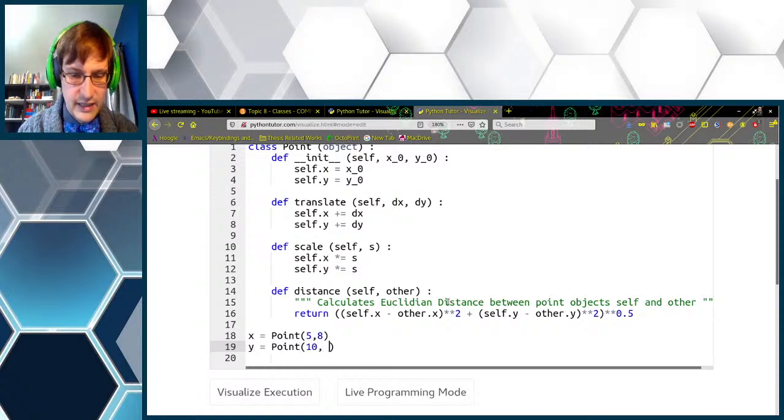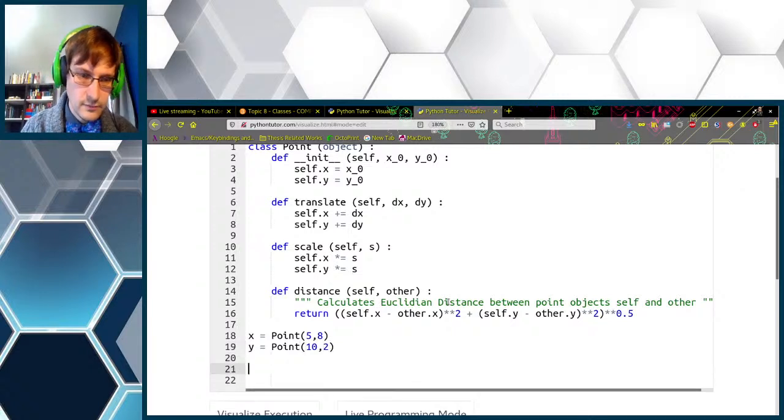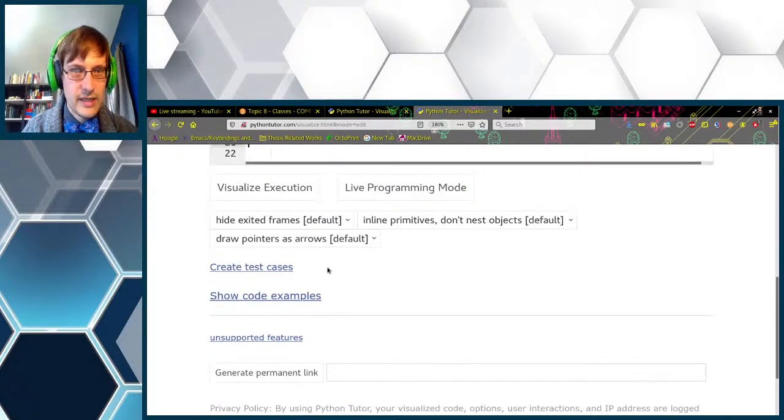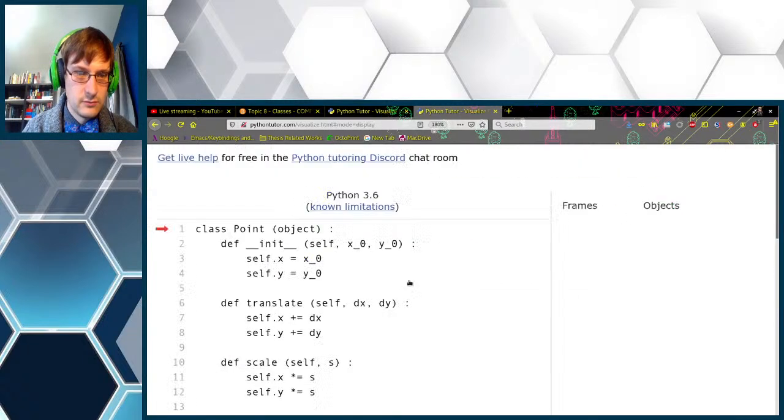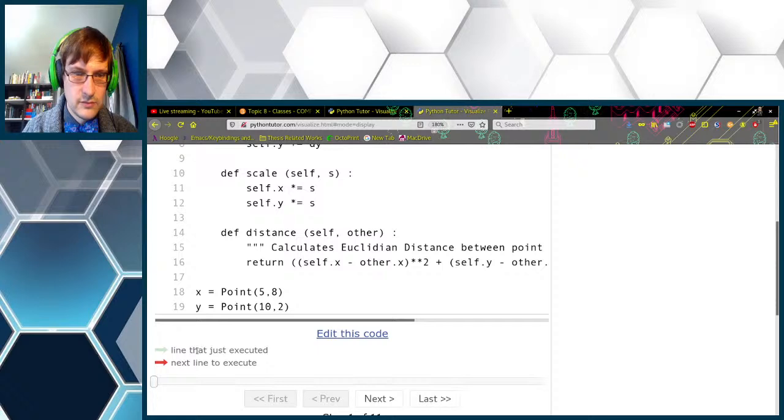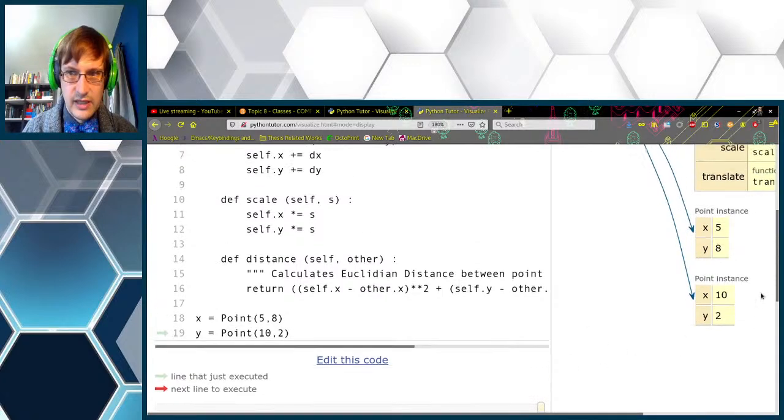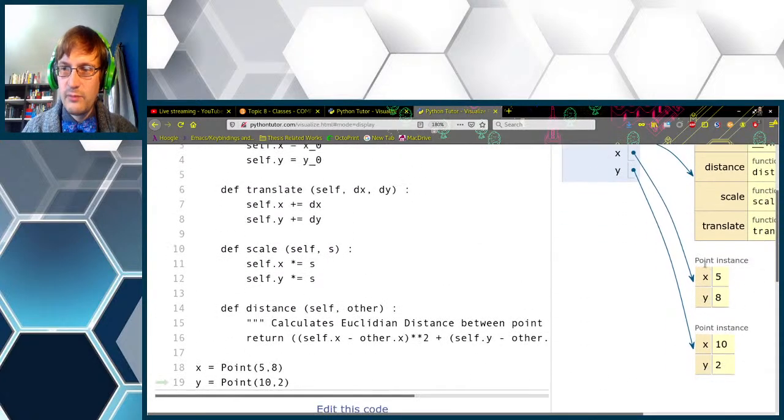Make that 10 and 2. Sure, why not? And then, if we execute that, and just go to the end, you'll see that we have point instances where x is 5 and y is 8, and x is 10 and y is 2. There you go. That's a very nice visualization.